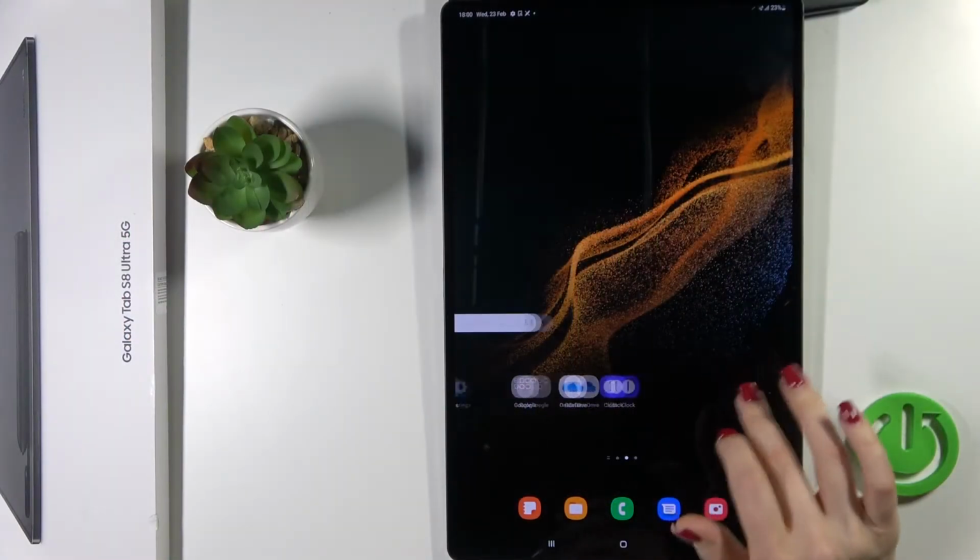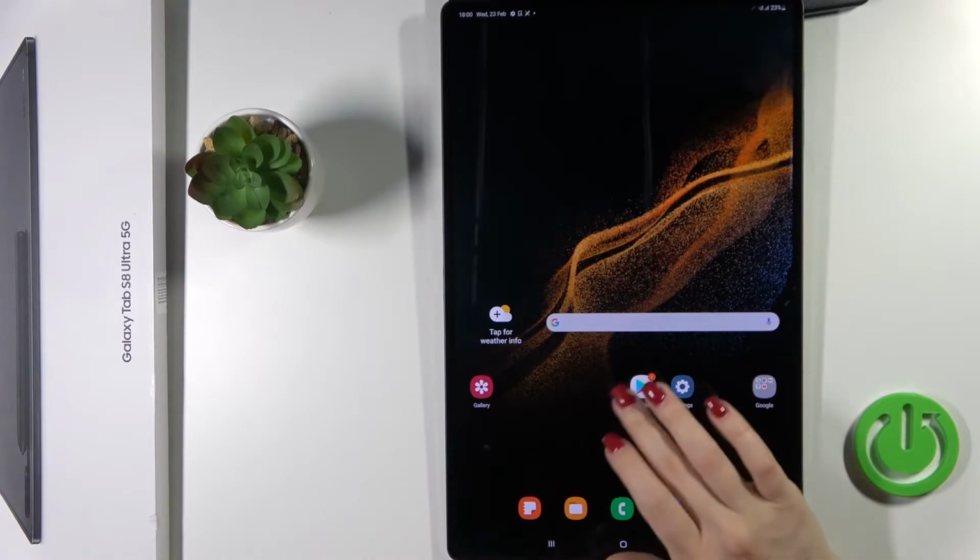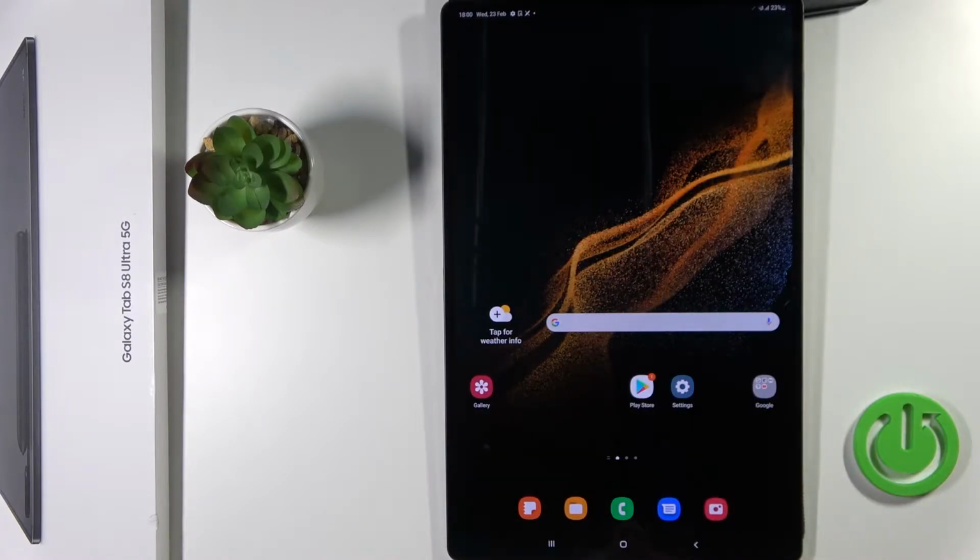Welcome. In front of me is the Samsung Galaxy Tab S8 Ultra, and I'll show you how to turn on the always on display feature on this device. Unfortunately, by default the AOD feature is not set on our Samsung Galaxy Tab, but we'll use an application